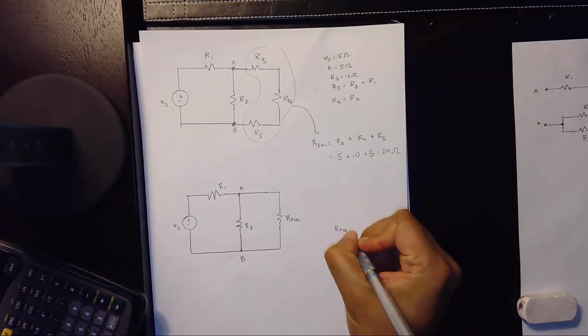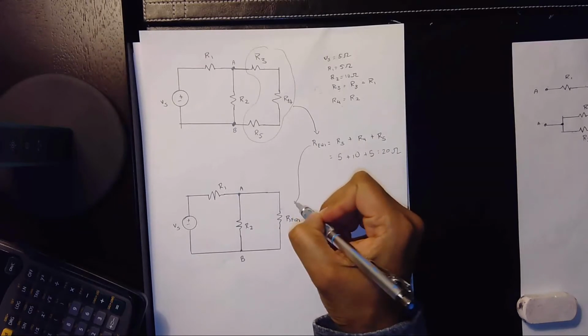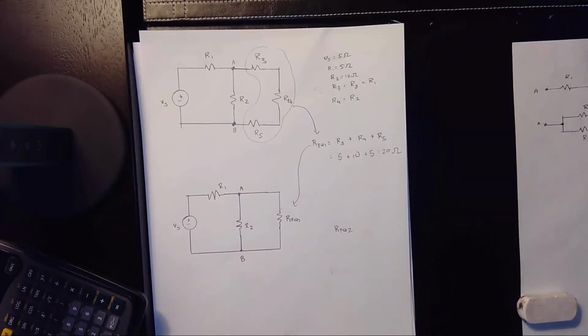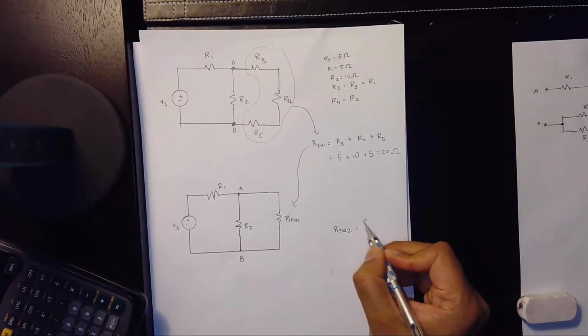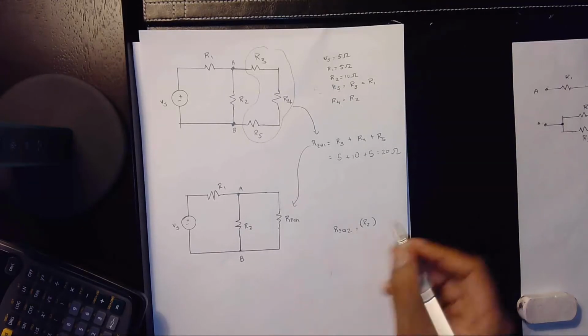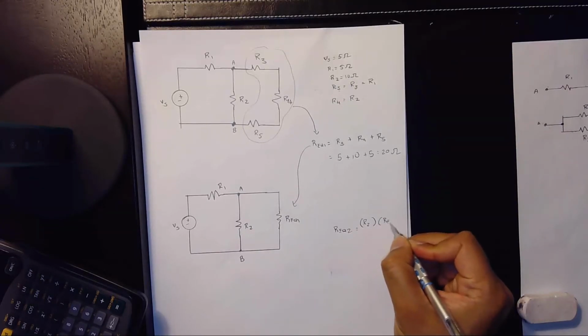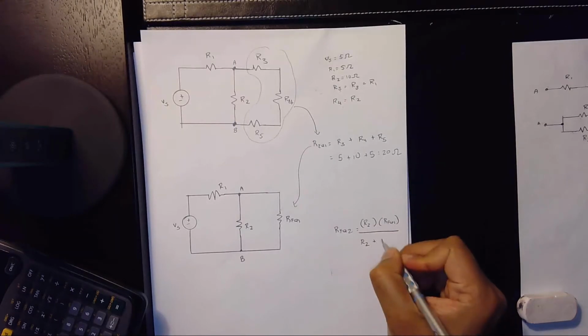REQ2. Now I can take that and just put it right here, showing my calculations. REQ2 is basically R2 times what? These two here, REQ1 over R2 plus REQ1,